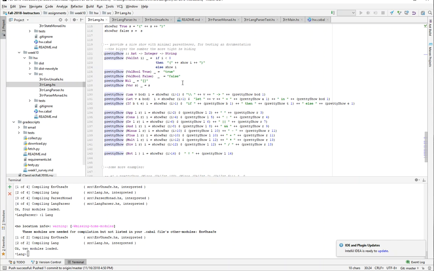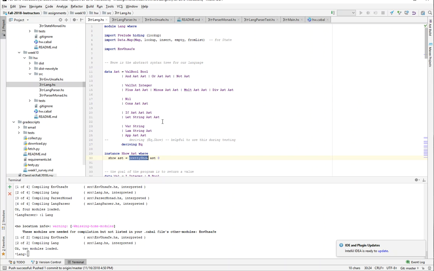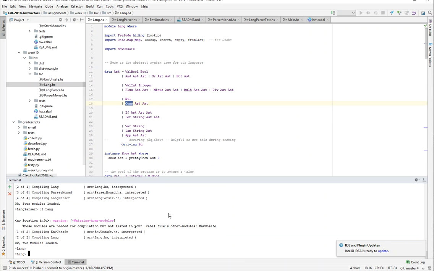So this is the definition of how this language will look when it's parsed. And you can play around and see how different things from the abstract syntax tree will look in the finished language. For instance,